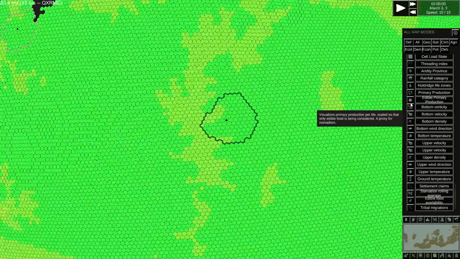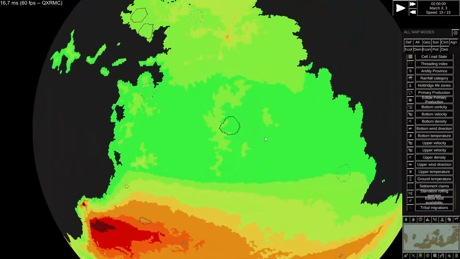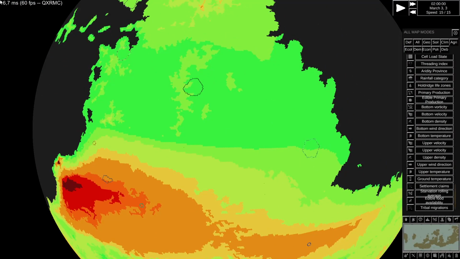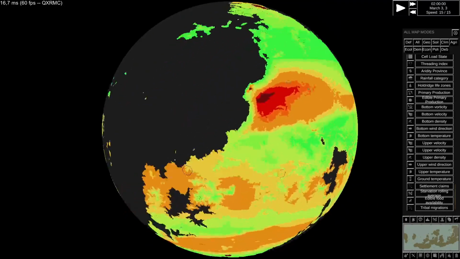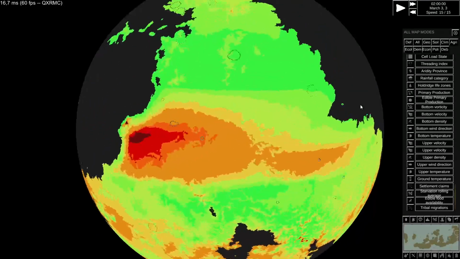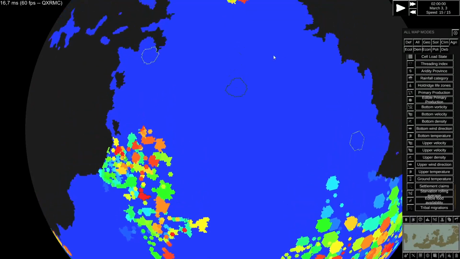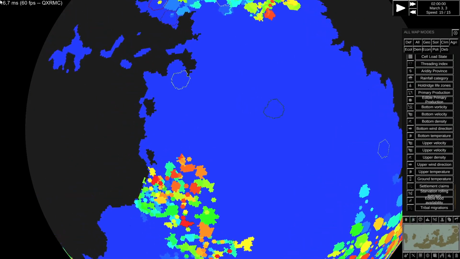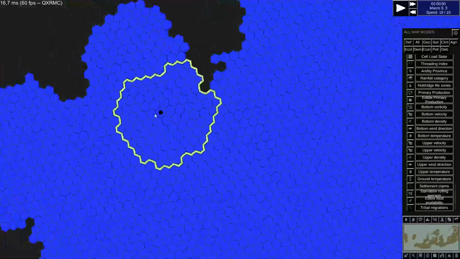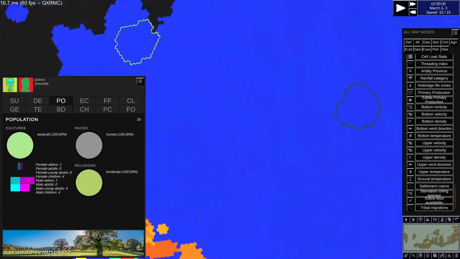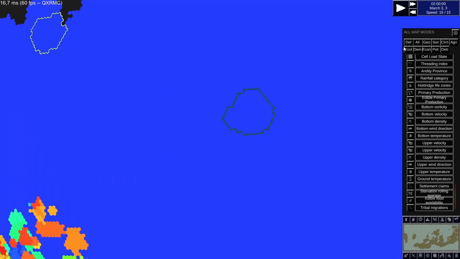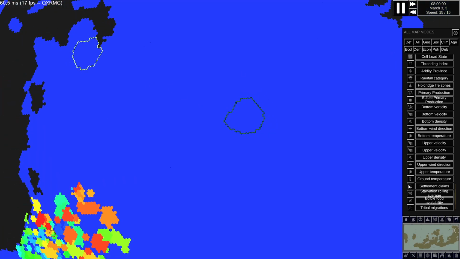All right. So yeah, that's edible primary production. I mean, it seems to have quite a lot, but it just seems weird to me that the color isn't changing at all. You'd think that the edible food would be going down at least a little bit. It updates. The map mode updates once a month. If you manually update the map modes, you may be able to catch it slightly under the maximum value, but